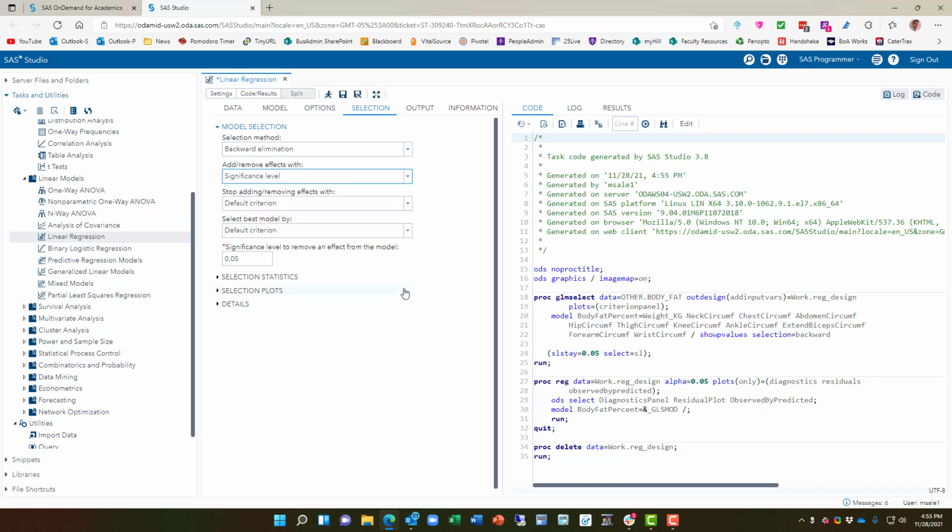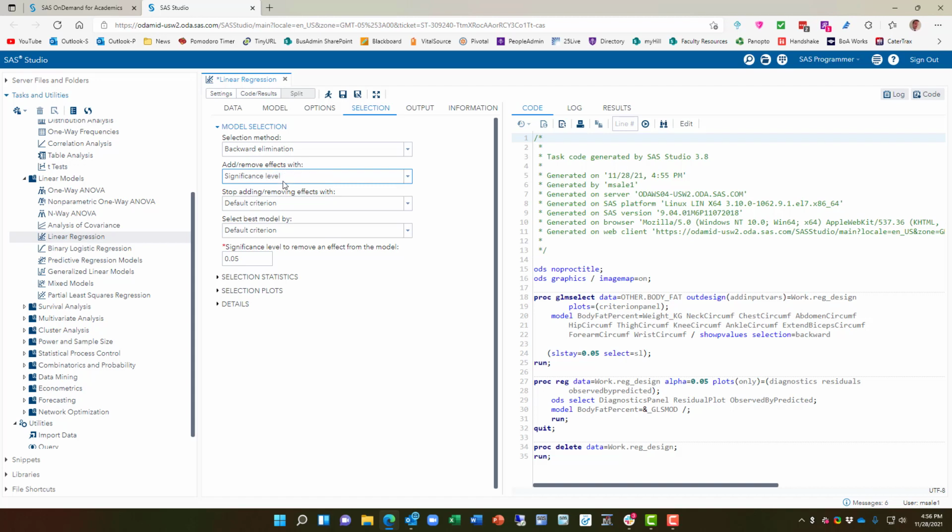So if you remember, what's happening is each one of these covariates has a null and alternative hypothesis. The null hypothesis is that the covariate is insignificant to the model, okay? And the alternative is that the covariate is significant to the model. So therefore, the only covariates you're going to want in the final model are covariates with a p-value for each one of those hypothesis tests of lower than 0.05. Because as soon as they're lower than 0.05, they reject the null hypothesis that the covariate is not significant to the model. So therefore, I'm using the significance level to add or remove covariates, or as SAS calls them, effects